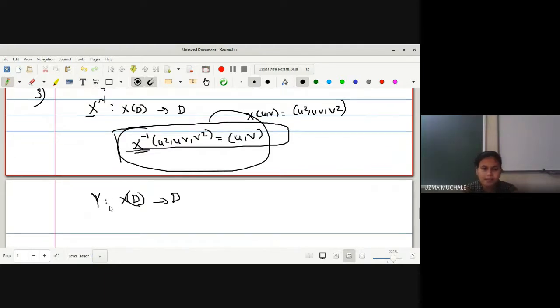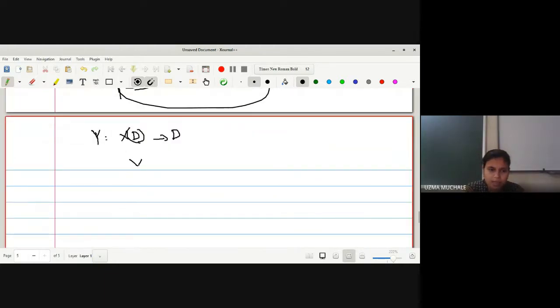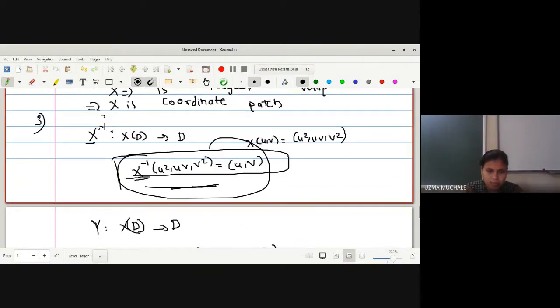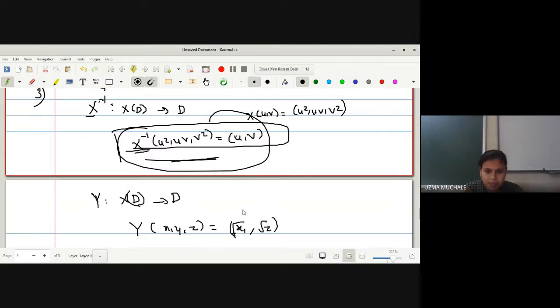So directly we will go with the very usual ideas that y of, suppose as it is from x of d, so it will have 3 variables. So can I write this as x y z is equal to simply x and y only. Sorry, instead of writing x and y, I will write down this as x and z, rather root x and root z. Okay. While writing in the exam you should write down like this, but you can consider this one.